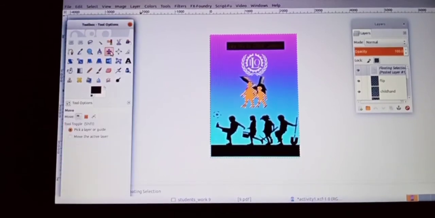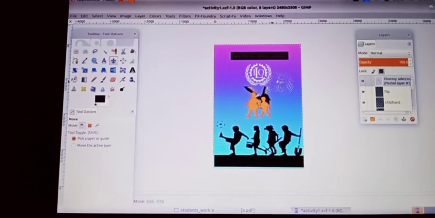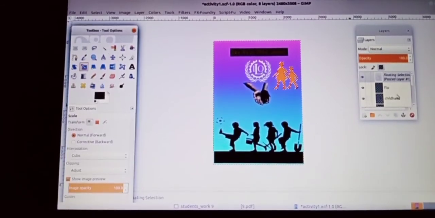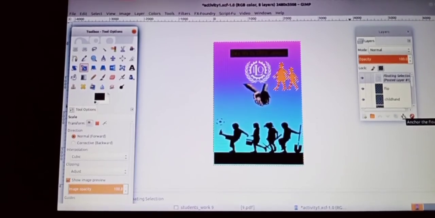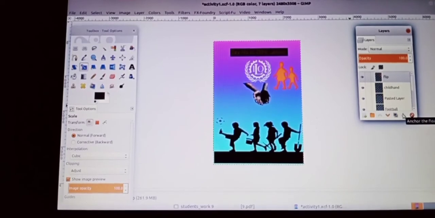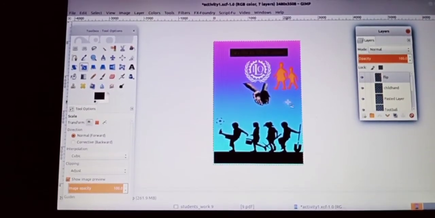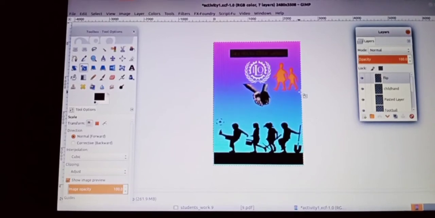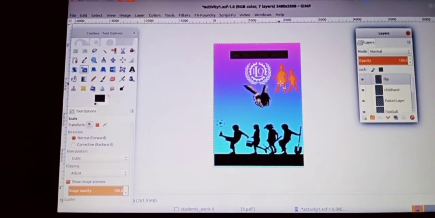Using the move tool, we can change the position like this. Then to remove the floating selection, click on Anchor the floating layer. So this is familiar to you. That is what we have to do: just bring an image from our home folder to the poster. This step is familiar to you.